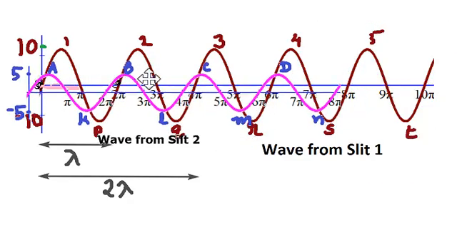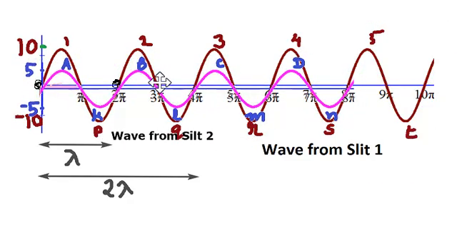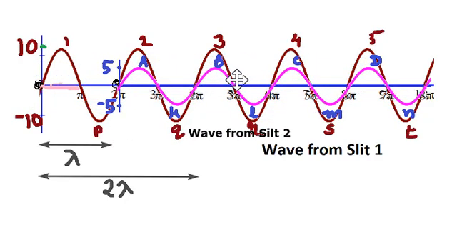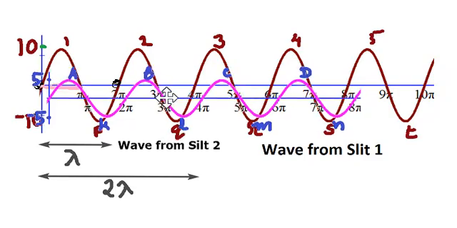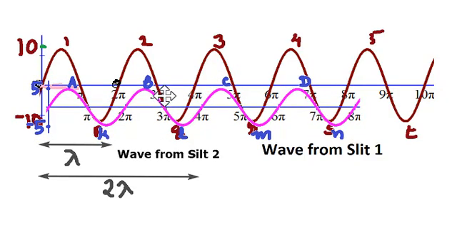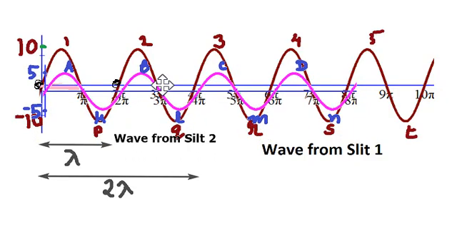Once more, if the waves are traveling the same distance, this will happen. If the distance is different by 1 lambda, this will happen. By 2 lambda, this will happen. All of them are called constructive interference. You get maximum. What will happen if the distance traveled by the two waves differs by half the wavelength?